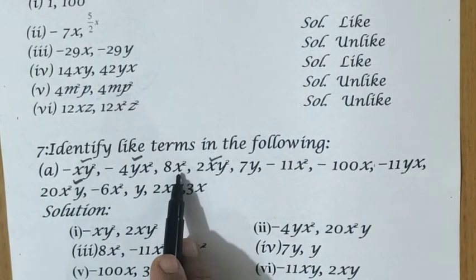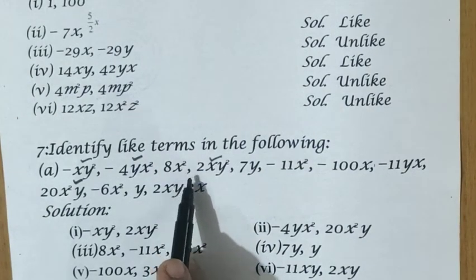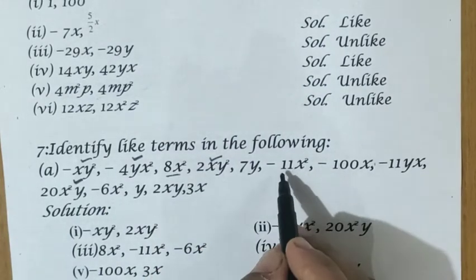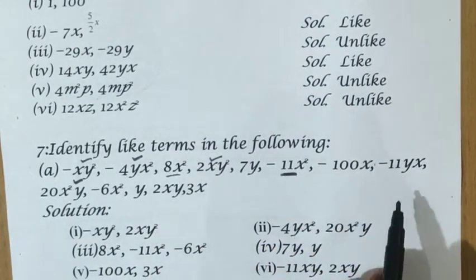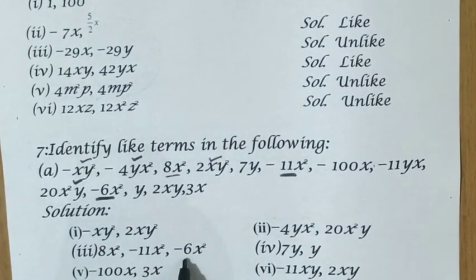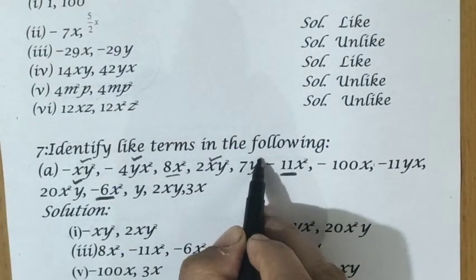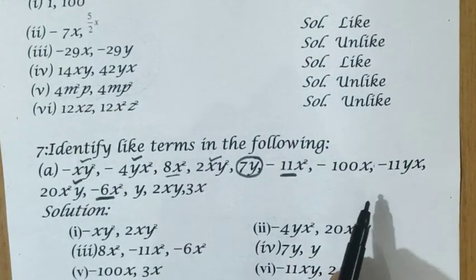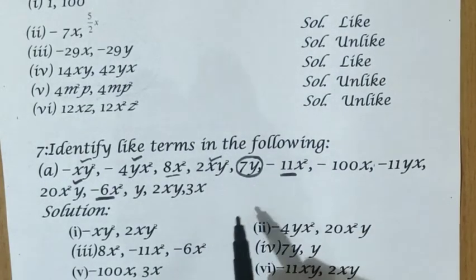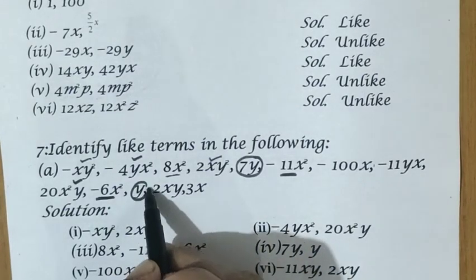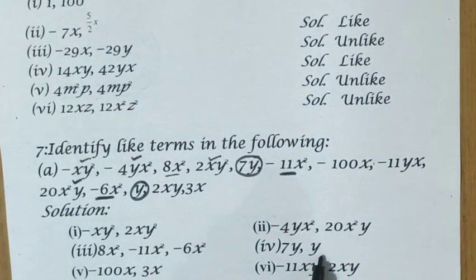8x square. That means only x is there with the power 2. See, 11x square is there, so I underline this: 8x square, minus 11x square and minus 6x square. See, we have written all the three terms. Now next, y only. See, again this 7y, only y, where it is coming, one more term it is coming. Here it is coming y, right? So we have written the group 7y, y.